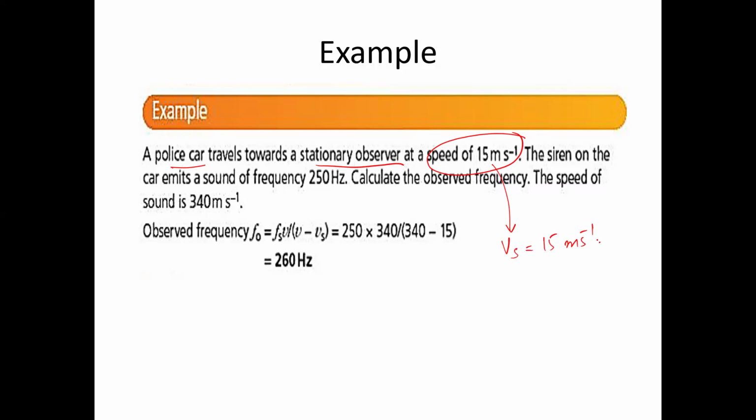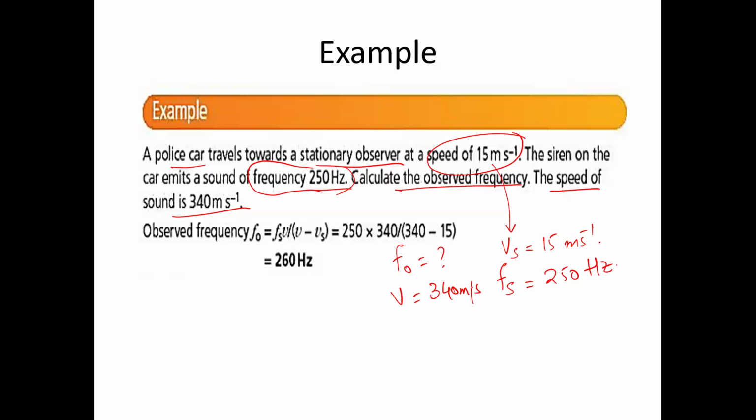And question says the siren on the car emits a sound of frequency of 250 hertz. तो ये जो frequency of 250 hertz है ये कौन सी frequency है? Is this observed frequency or is it the frequency of the source? Yes, it is Fs. It will be equals to 250 hertz. Question says calculate the observed frequency. तो हमने F naught निकालना है. And वो कहता है the speed of the sound is 340. सो v की वैल्यू 340 मीटर पर सेकेंड।